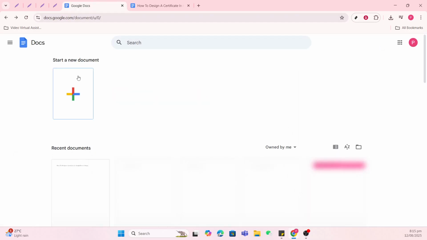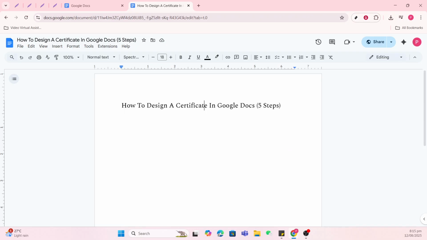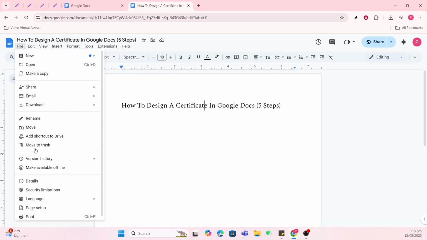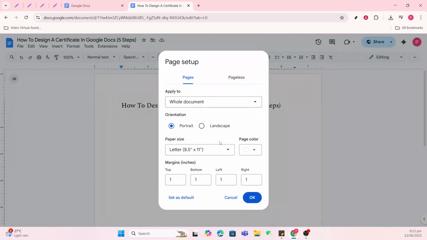Now that you're within Google Docs, it's time to start creating your certificate. First, open a new document by clicking on the blank option. Your new document is ready, but let's make some adjustments to suit a certificate format better. Click on File located at the top left corner of the screen and select Page Setup. In this menu, switch the orientation to Landscape and click OK to make the document wider, a more suitable format